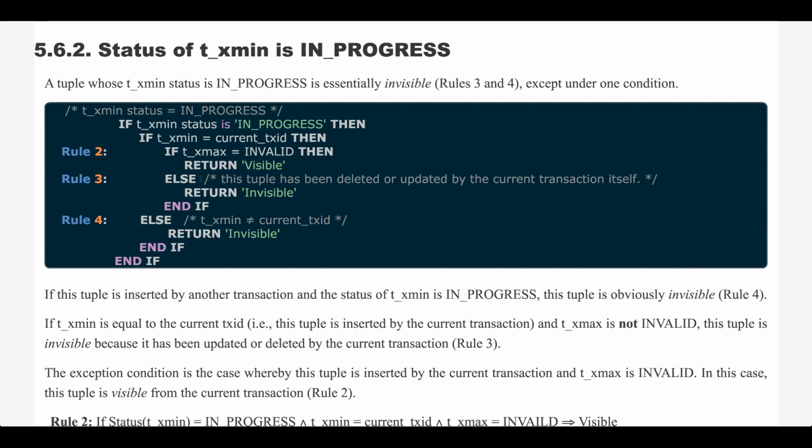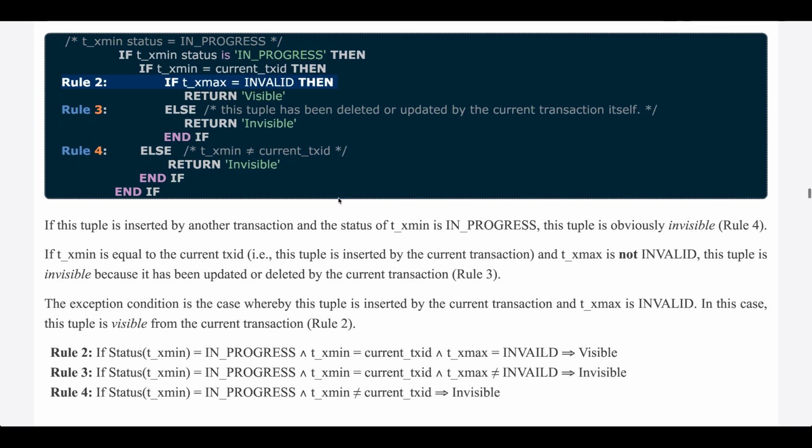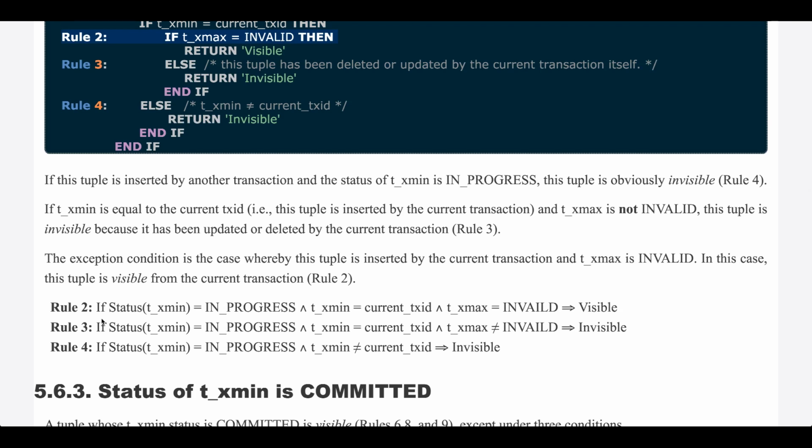Rule number 3. The exception condition is the case whereby this tuple is inserted by the current transaction and tx-max is invalid. In this case, this tuple is visible from the current transaction. This is rule number 2. So we have rule 2, if status of tx-min is in progress,